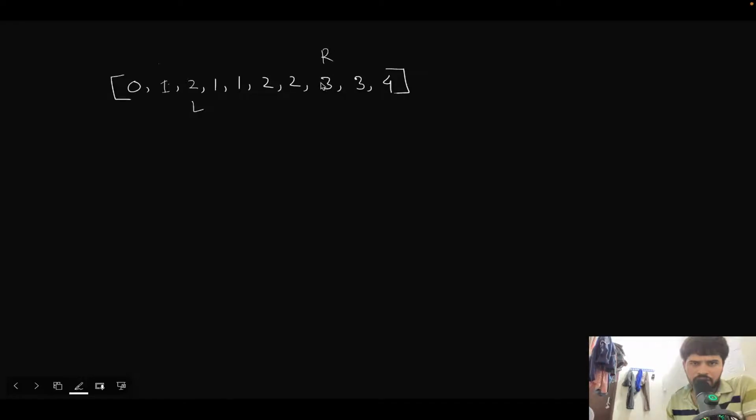Now R is pointing here. We see the values are different. So I'm going to move left to the next, and I'm going to update the value at left with the value of right. So we can assume that all